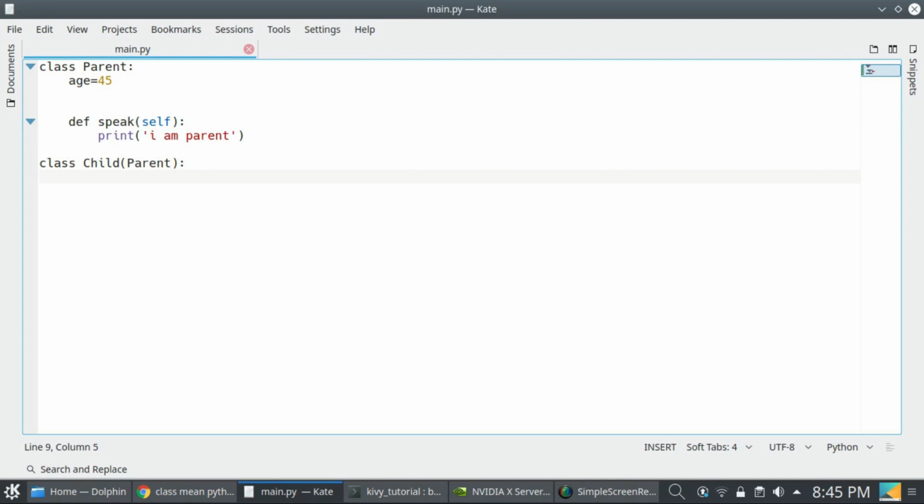Now we define child age equal to 10, and you can define any method, speak child, and self, I am passing self, its own object, and print "I am child".